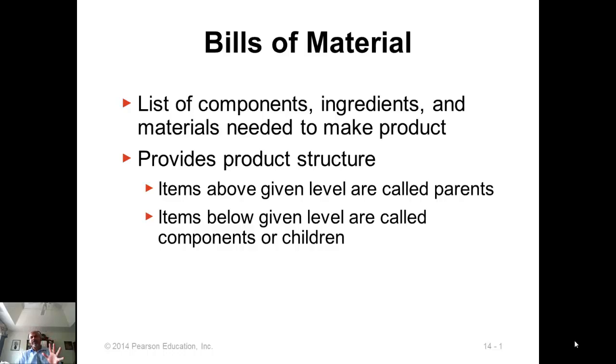Okay, of the 5 prerequisites, master production schedule, bill of materials, inventory availability, purchase orders placed, scheduled receipts and lead time. Okay, we already discussed master production schedule. The next item is bill of materials. Bill of materials is a list of components that are needed.